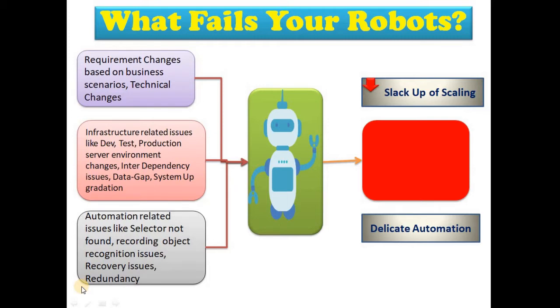Your customer may change requirements very frequently due to changes in their business requirements, or you might be facing customer infrastructure changes, issues like a fluctuating development environment, system upgradation at the customer side, or server upgradation on your side. Or you are facing production issues for something which was working fine in the development environment, right?